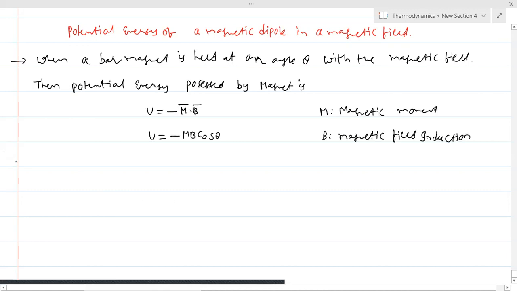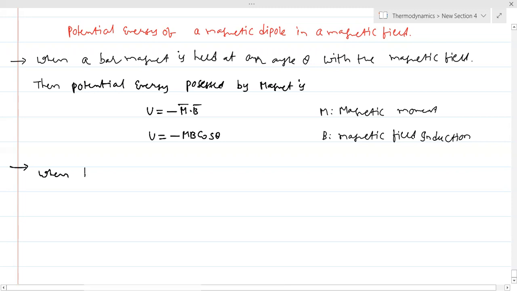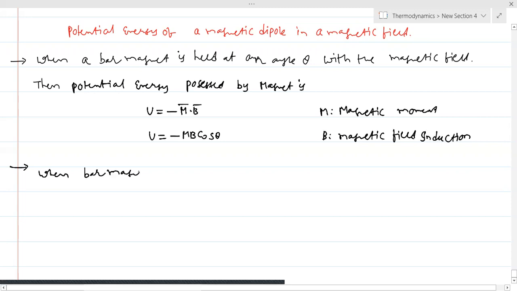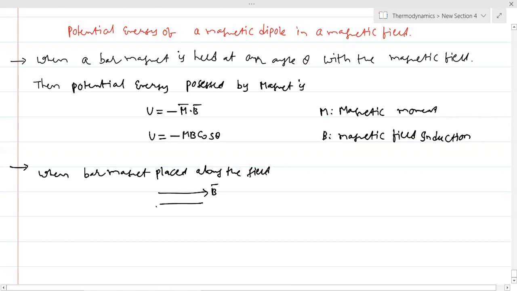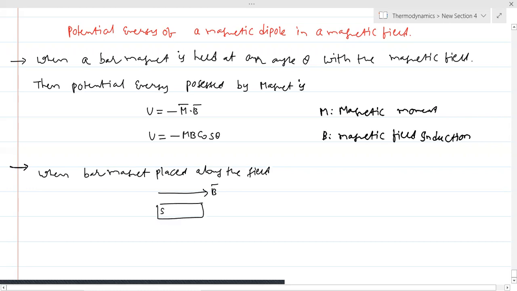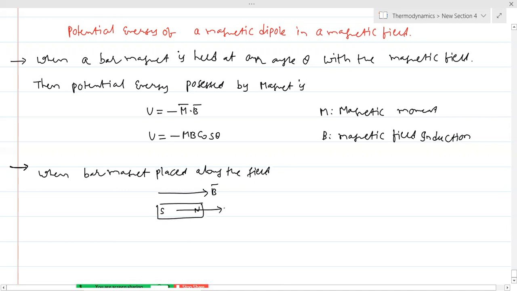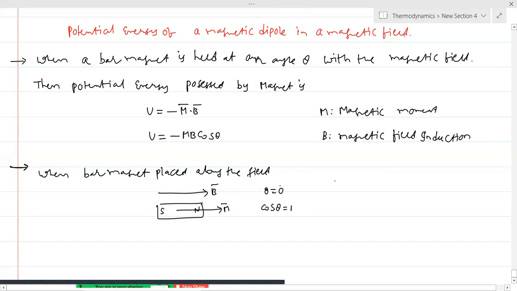So the upcoming things are very important. Stable equilibrium, unstable equilibrium, these terms are very popular. When the bar magnet is placed along the field, that means if this is the B bar, now you are placing the bar magnet in the same direction. So this is south pole and this is north pole. So this is the M bar. Then theta equivalent to 0, cos theta is equivalent to 1, and U equivalent to